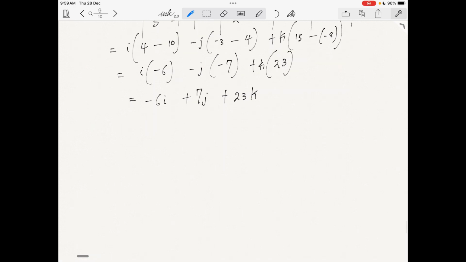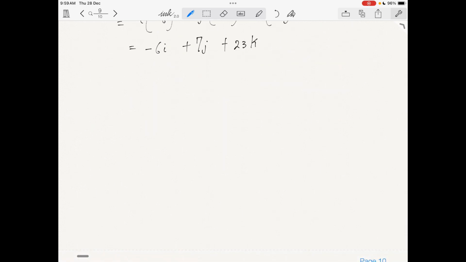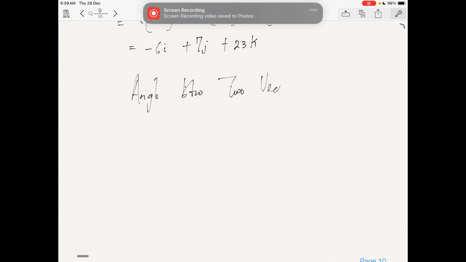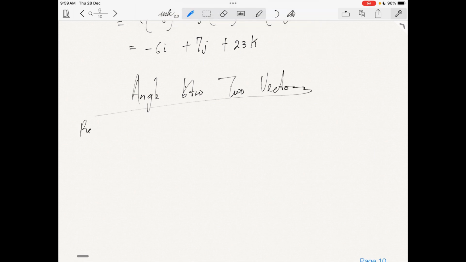Angle between two vectors. Now, how do we go about this? Recall that in our dot product in our last video, A dot B is equal to A1 B1